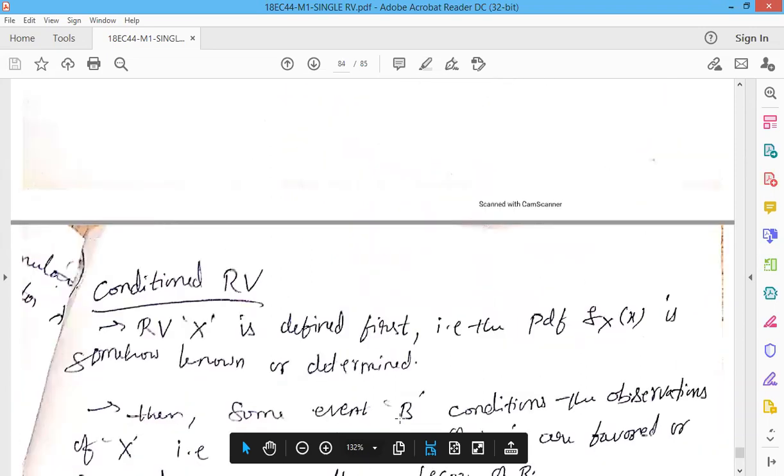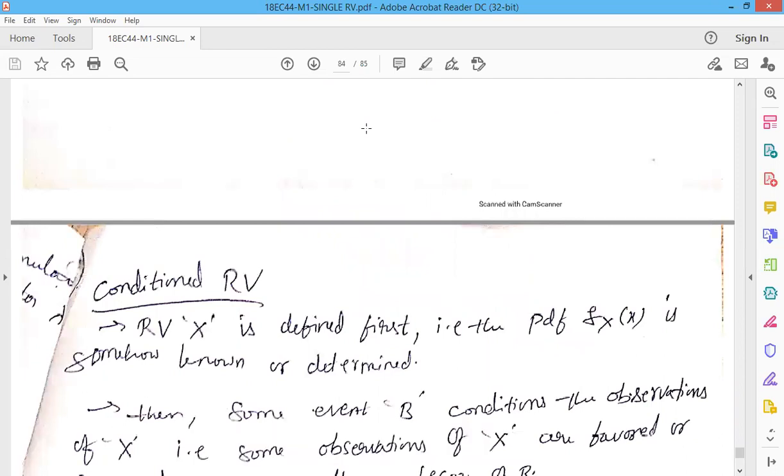On this, we are going to solve some of the problems, and also we'll see how to get the answer. And the next topic is